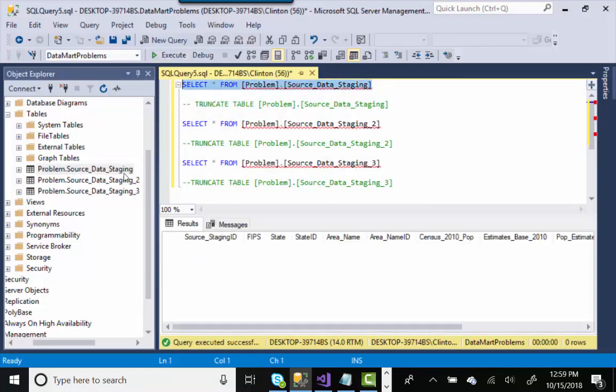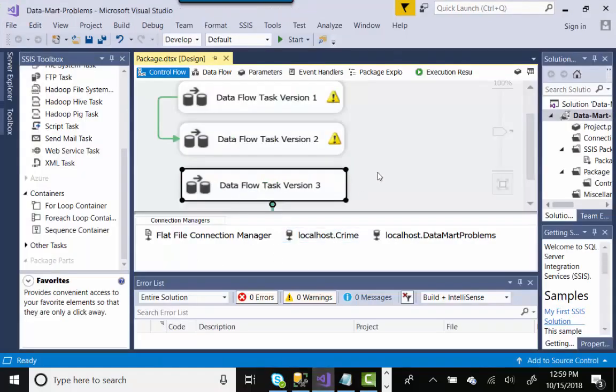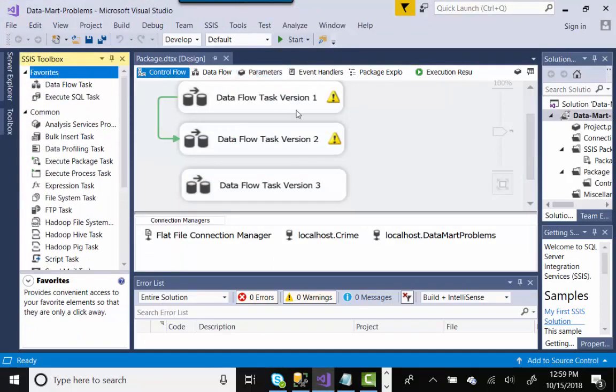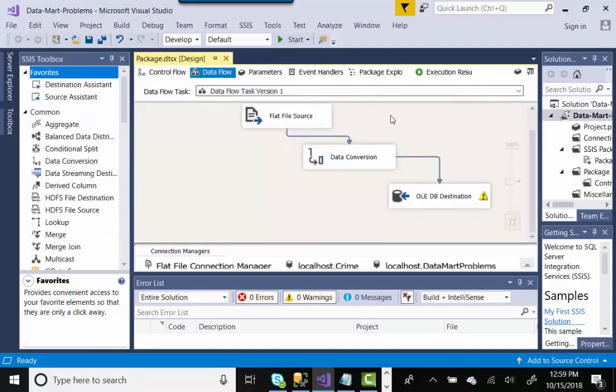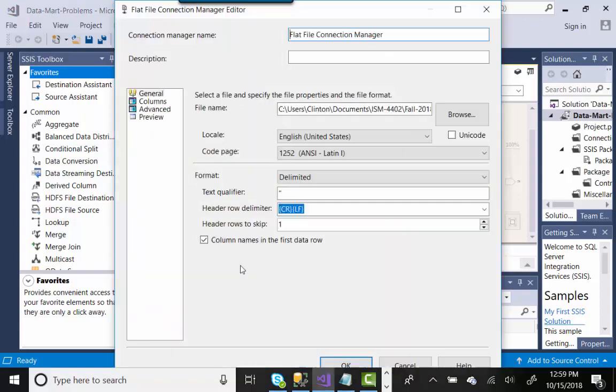So I'm just going to execute this first, and we're going to go to the ETL package. I've got a data flow task that I've created in my ETL package, and I call this version 1. We're going to look inside here, and I've got my flat file data source, which is defined down here by my flat file connection manager. And if we look at that,